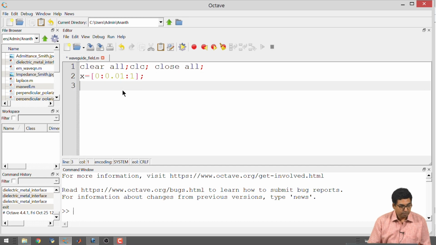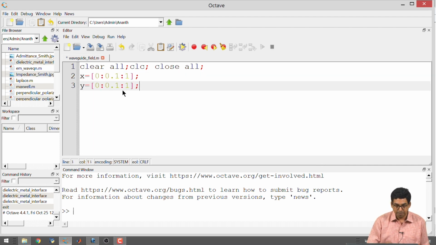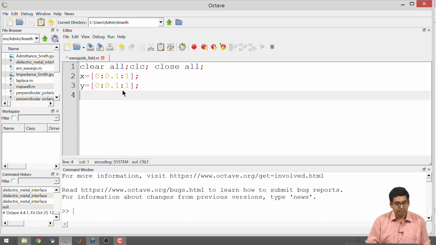So, what I will do is I will just begin with a smaller number and then increase it slowly. So, I will go from 0 to 1 in steps of 0.1. I will do the same thing with y, all right. This represents the cross sectional space, right. So, y is going from 0 to b. Once again, I do not know what is b. So, I am just choosing it as 1. So, in this case you need not call it a rectangular waveguide, it is a special case, it is a square cross section waveguide, that is all, right.